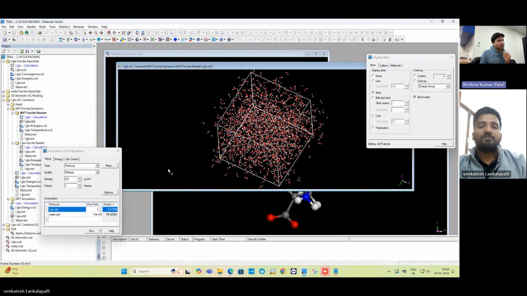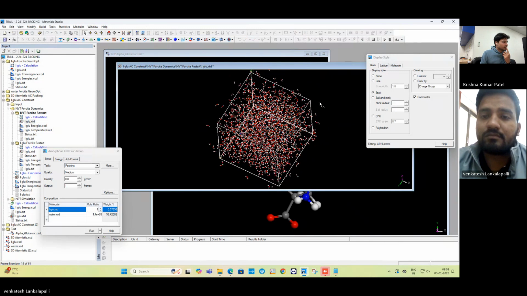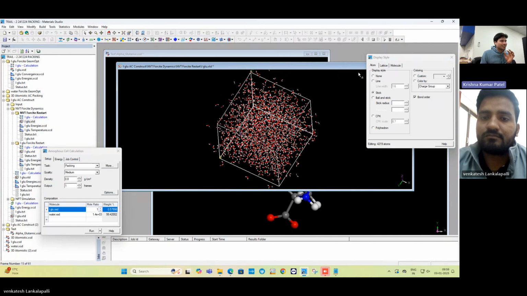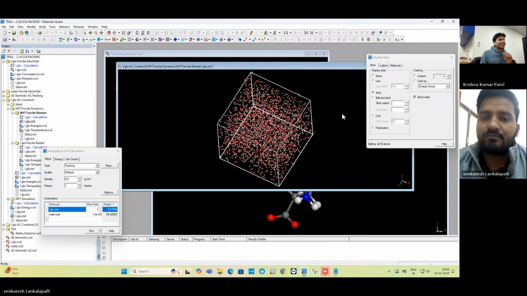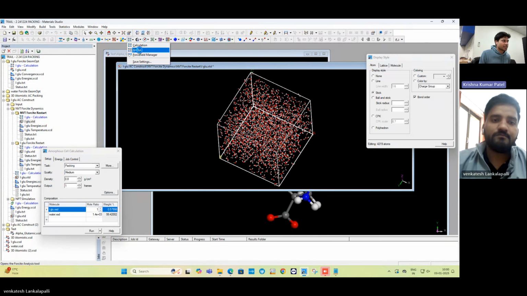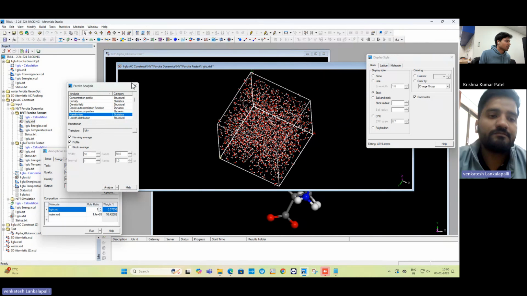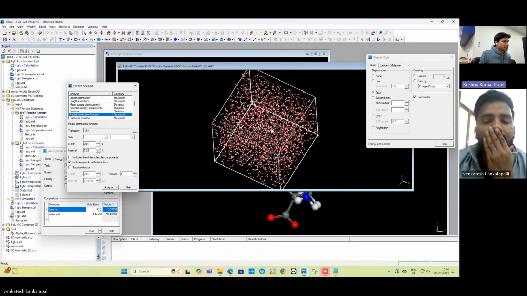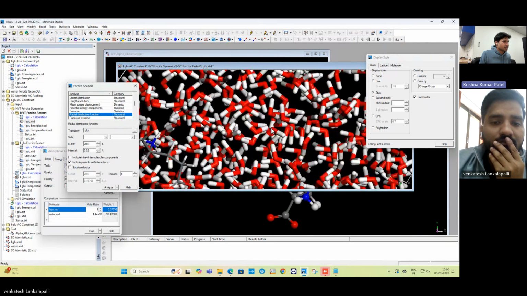It just opens up and starts playing. It does not stop. Okay. So since you have performed a Forcite module dynamics, let's go to analysis of the Forcite module. And in the analysis portion, there should be something here, radial distribution function, right? Yes. So what I'm gonna do is I'm gonna choose a set